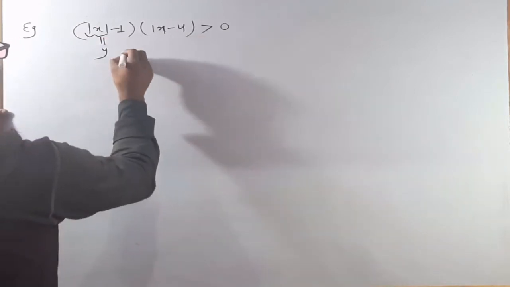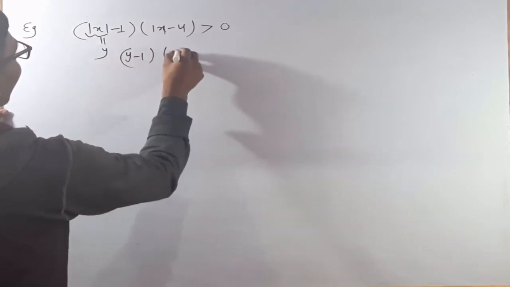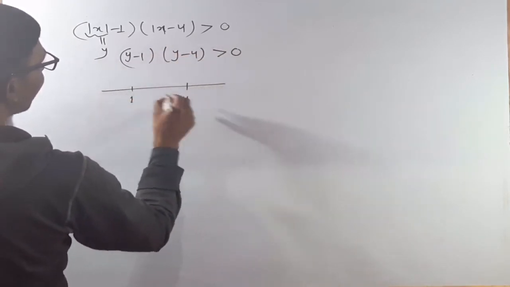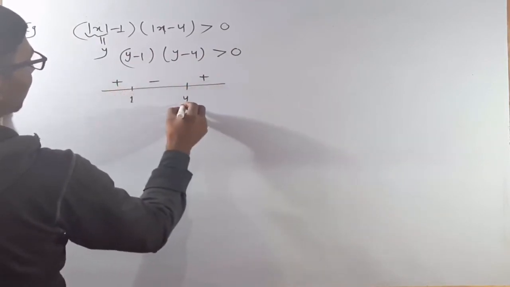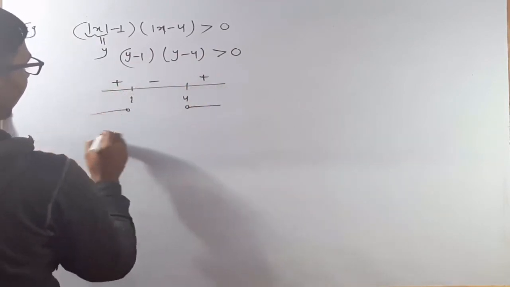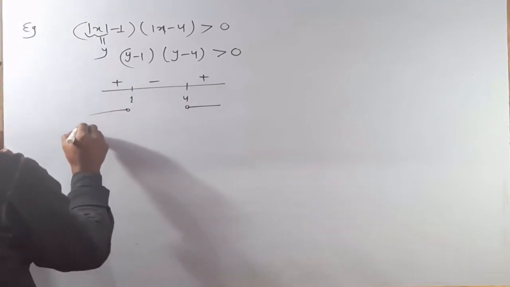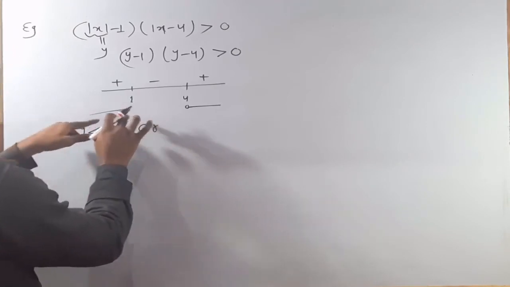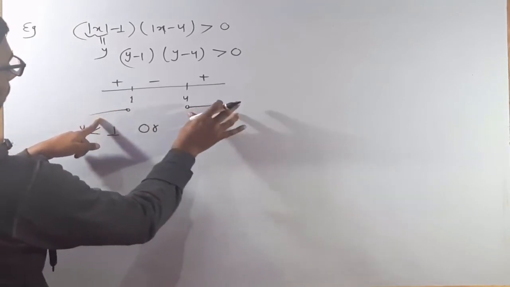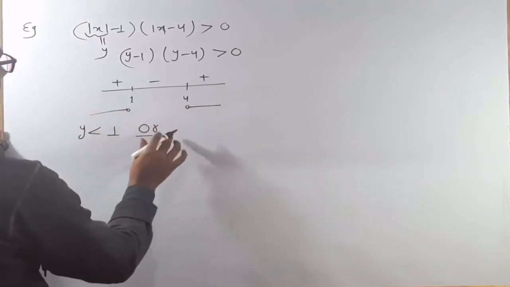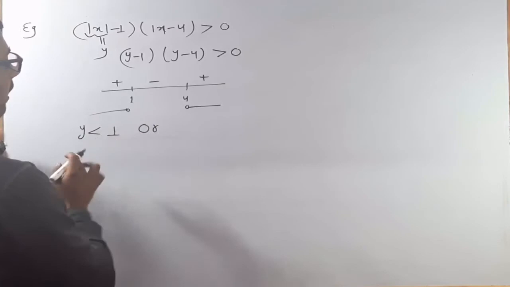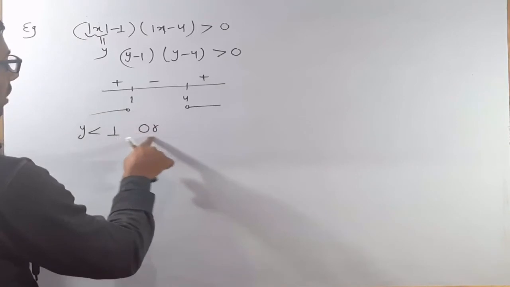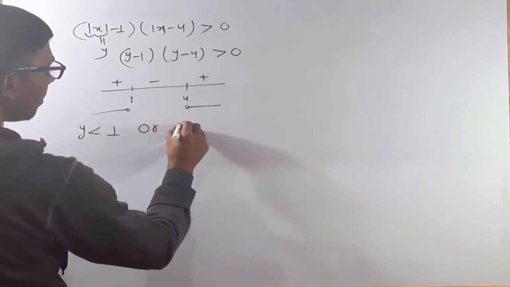So I'm going to take y minus 1, y minus 4 positive. Here this is 1, 4: positive, negative, positive. Here we can say 1 or 4. Here we can say y should be less than 1, or here we can take these values of x or these values of x. Or means addition. We are not certain whether we are going to take these values of x or these values of x. That's why I'm going to take or. Or y is greater than 4.